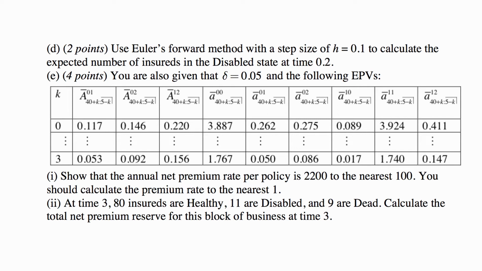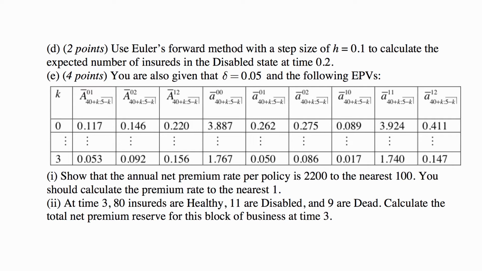Next one is a continuous annuity. Upper 1-2 means that the person is disabled now, and the payment will be made during the time when the person is dead, but only up to age 45, because we start from age 40 plus k, and then we go no more than 5 minus k years after that. So we have all this data in this little table in the problem.